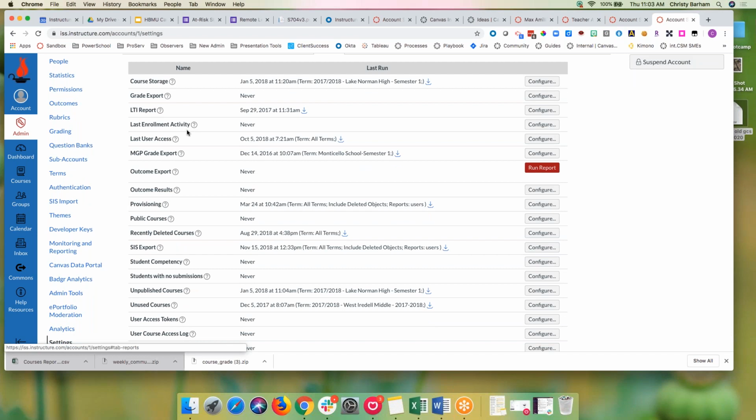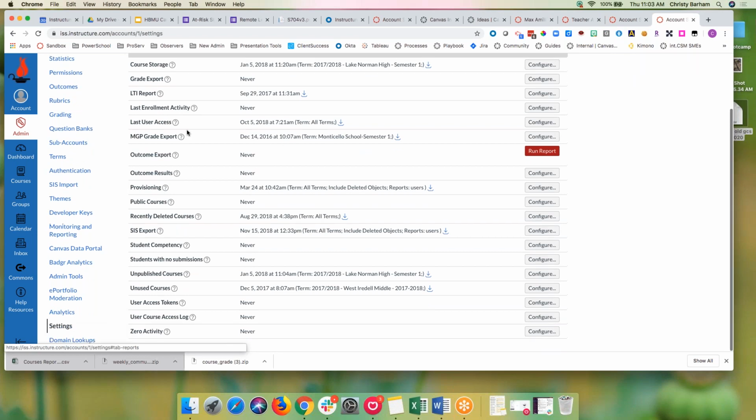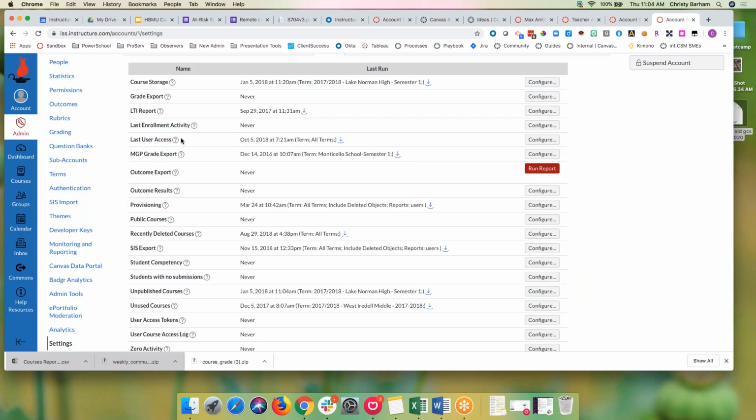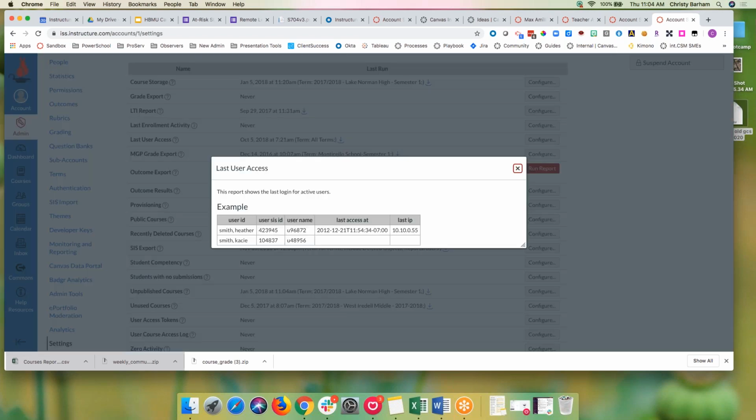All right, so you have the ones that I would say are very pertinent right now. Not that they're not all good, but you have last enrollment activity, which shows a user ID, username, and their last activity. So it tells you when that last activity is. You have last user access, which is one that I know a lot of people are using right now. And so you have, again, user ID, user sys ID, the username, and then last access,